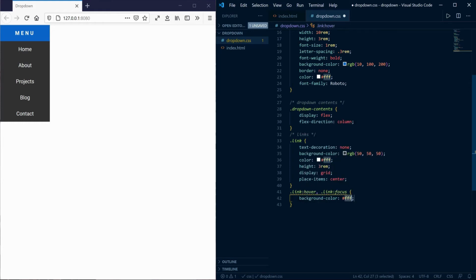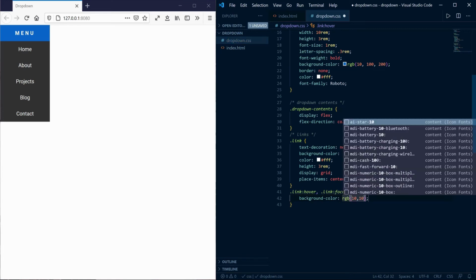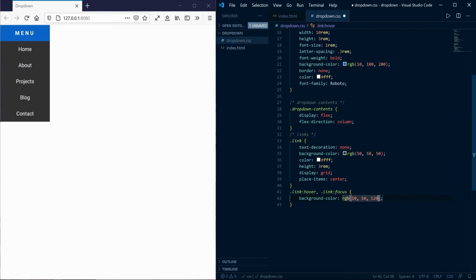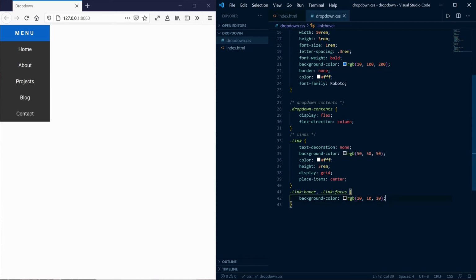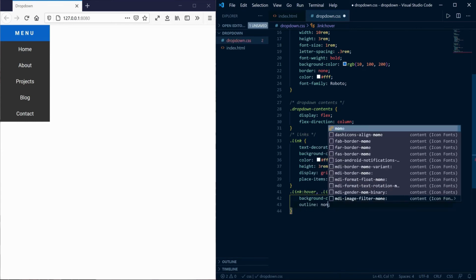Set background color to black. If you are confused about focus, it simply helps you to navigate around your drop-down using keyboard, that is, using tab key, and set outline to none.